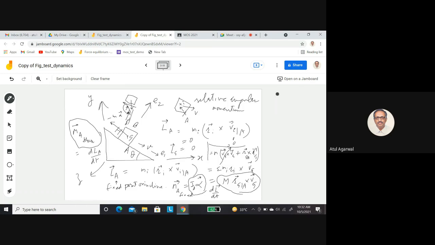In addition, you have to consider an inertial force minus m. So all those moments you have to find about this point A fixed to the incline, and the inertial force is there only for the point on the block. All these force moments you have to take and equate to dLA by dt. Now NA is 0 when you have taken a point on the block, so that moment will be 0. So this you have to solve, and I think I have done it already in the class. Any questions?